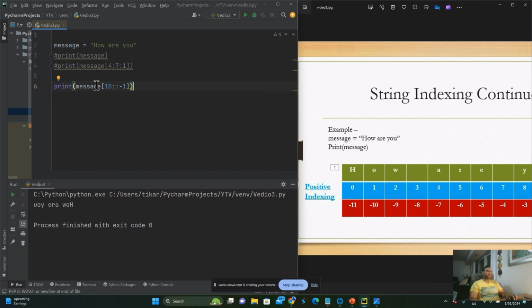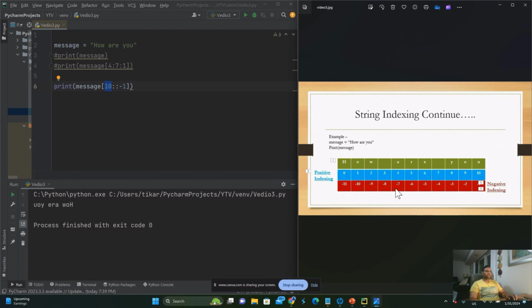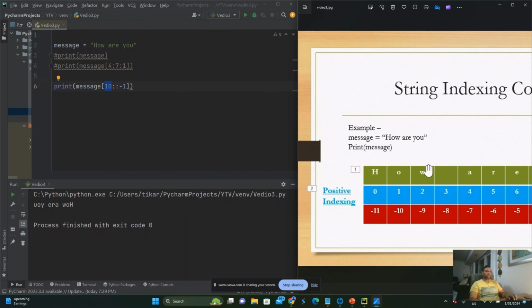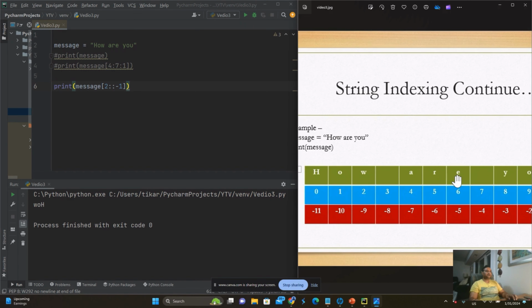How about if you just want to reverse the first three characters? How will we do that? We will start from position number 2, because we just want to focus on this part. So position number 2 would be our start point. I will specify 2, and then we want to cover until the end, so we leave the second parameter empty and then -1. So this will give me WOH. Now if I want to print this R in reverse order, like ERA,